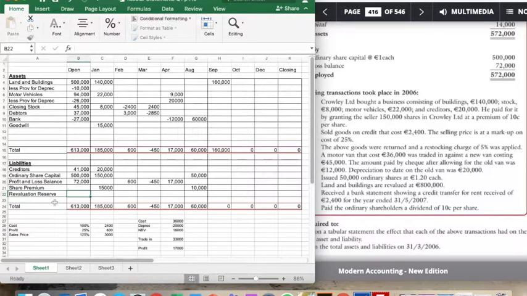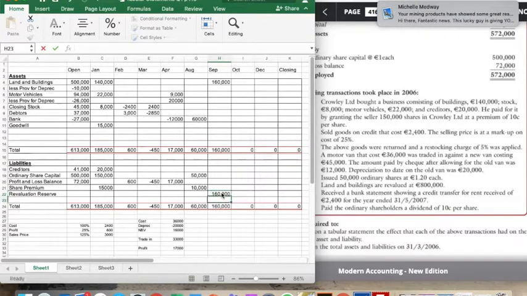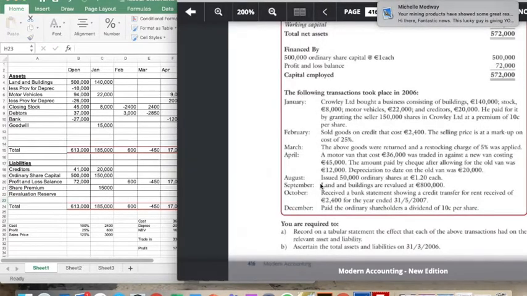So the buildings are worth more, so therefore the money the shareholders have put into the business is also worth more, and we'll have this new reserve which is going to handle that 160 grand of increase in value. Now next,